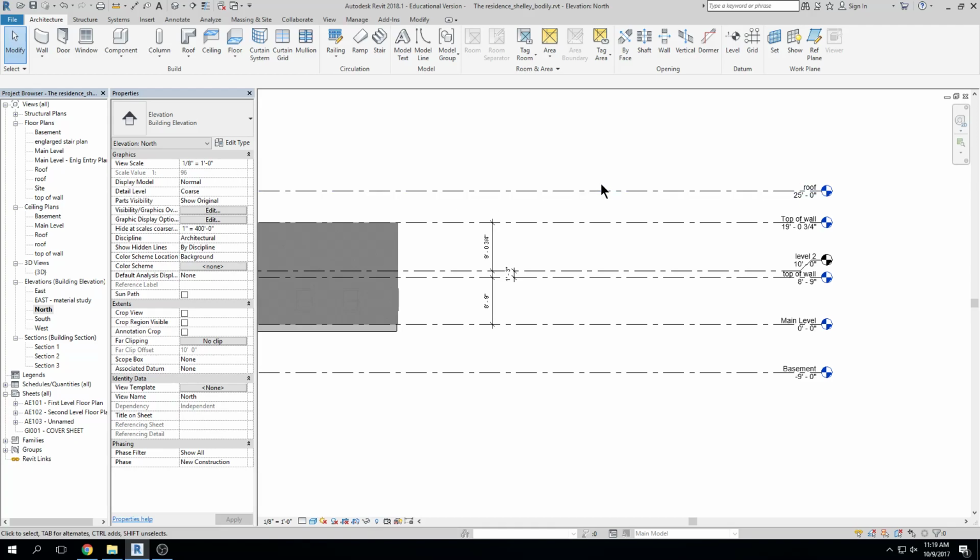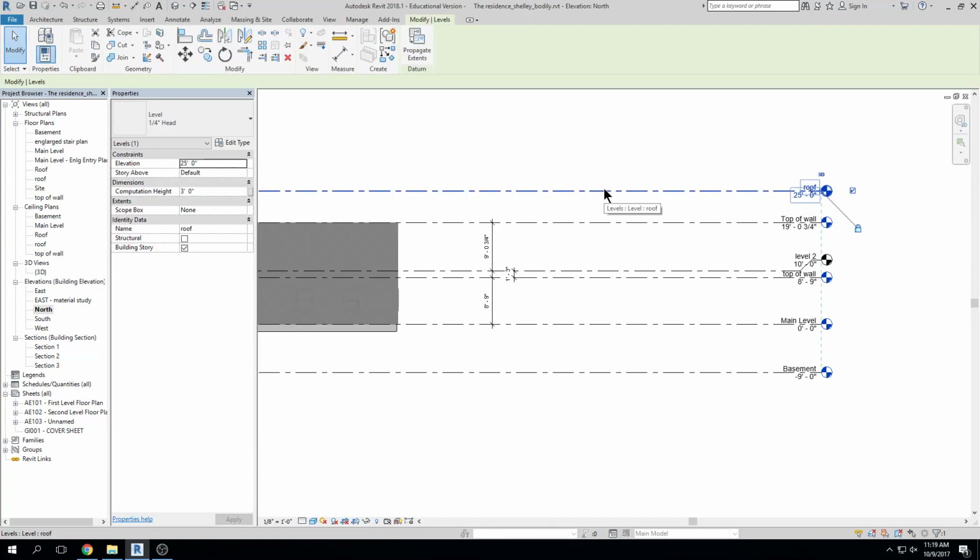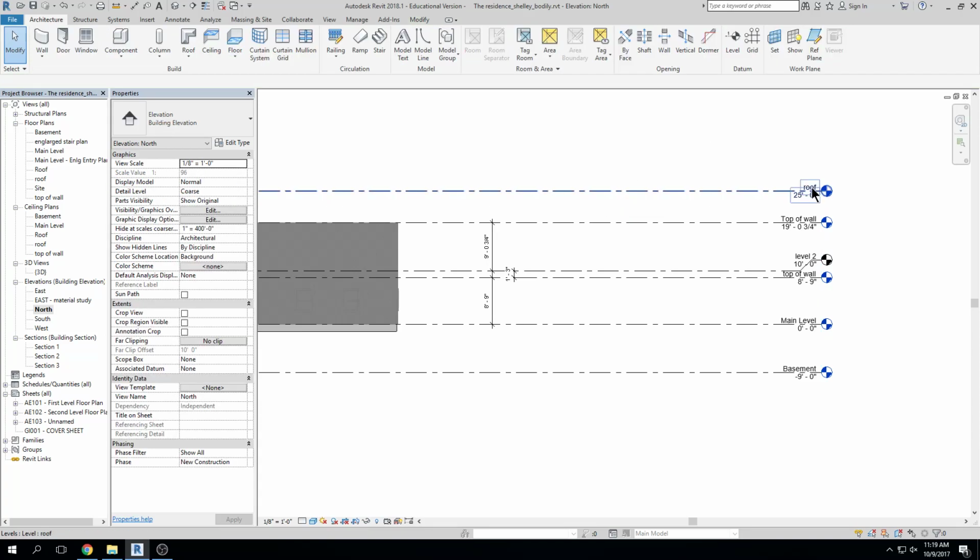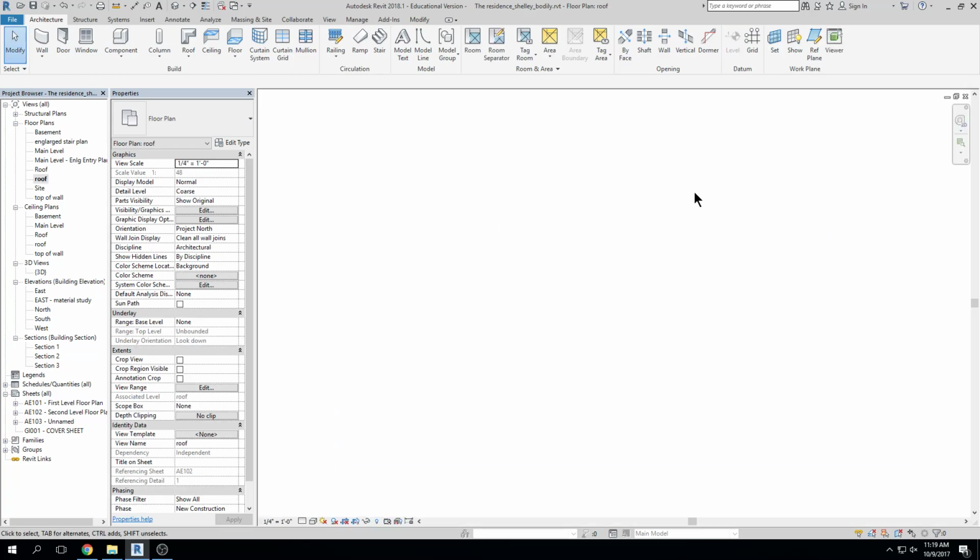But the point with my roof level is that I just want to be able to view my roof, essentially, okay? So I'm going to go to my roof view right now. Let's see, roof, click, click. And I don't see anything, even when I zoom extents, okay? And I don't see anything because if I look at my view range,